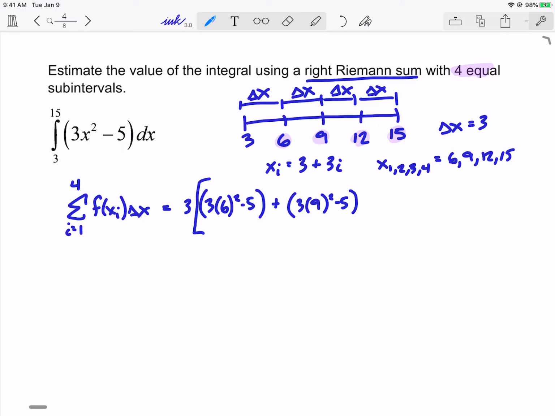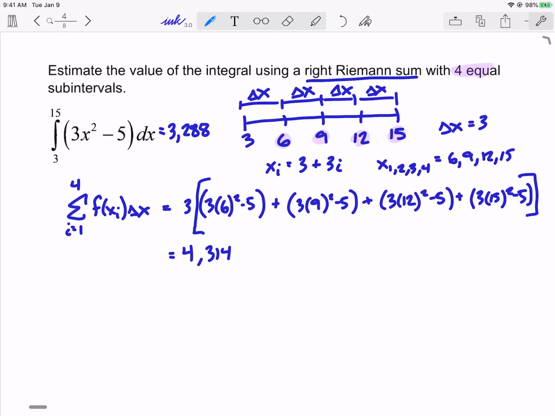That's for my second interval, plus 3 times 12 squared minus 5. And my last interval is 3 times 15 squared minus 5. So this should all be review. Plug this into your calculator, and you get 4,314, which is still significantly overestimating the exact answer of